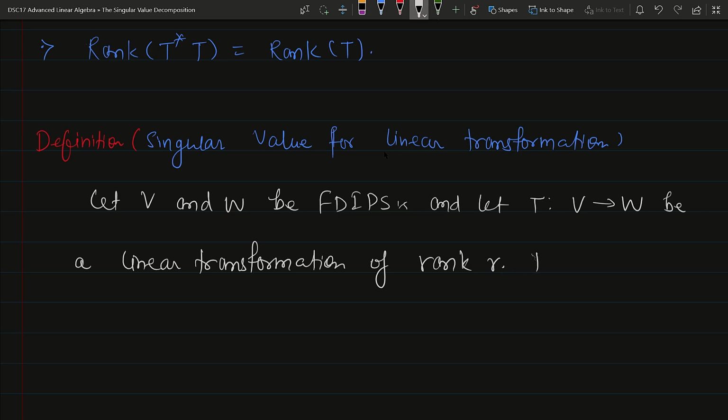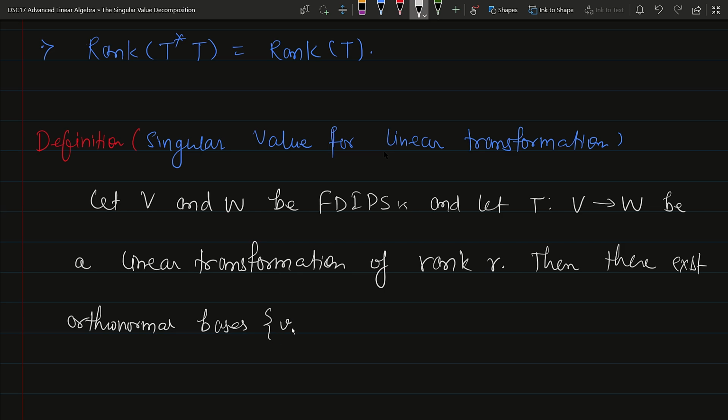Okay, then there exist orthonormal bases,